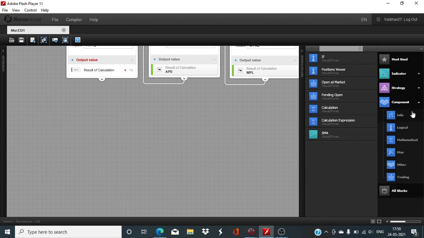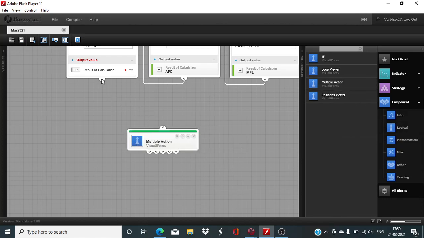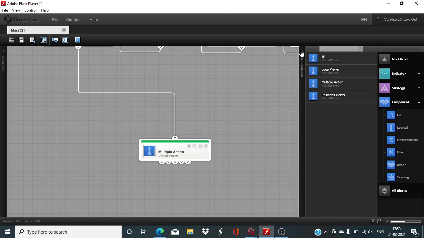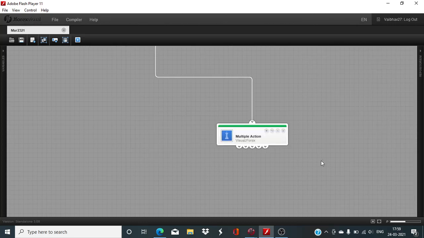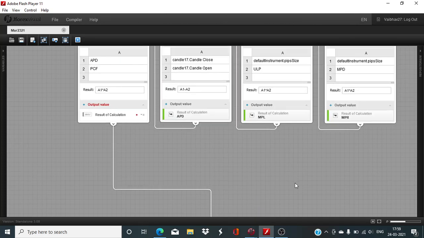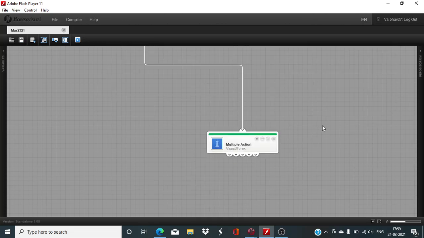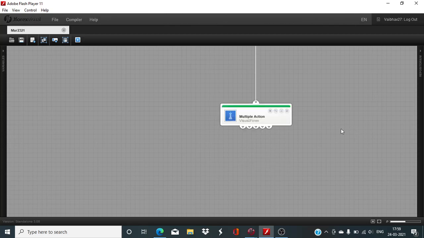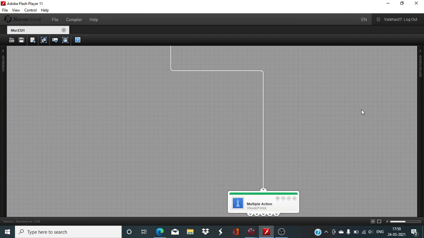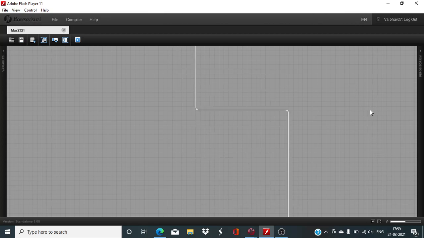So I will now bring in the multiple block of multiple action. For the time being, I am joining this, but we will disconnect it later on, as we will add additional blocks while defining the sell side. Okay,